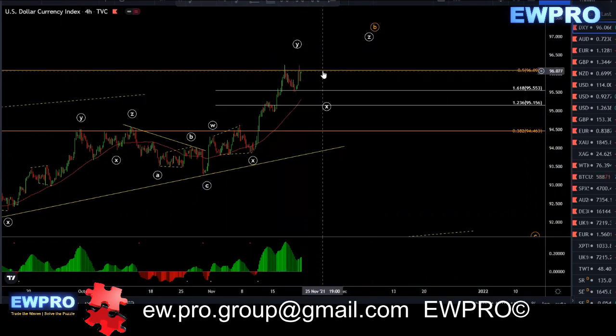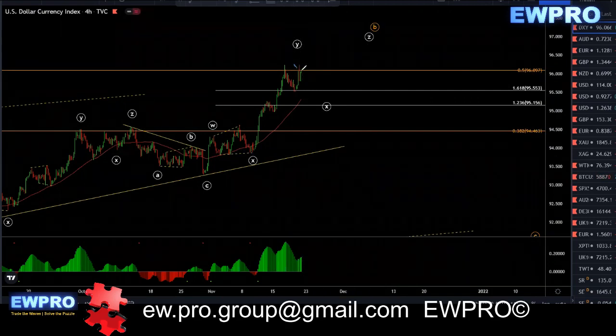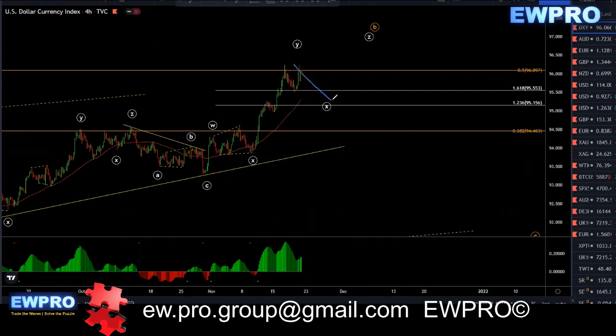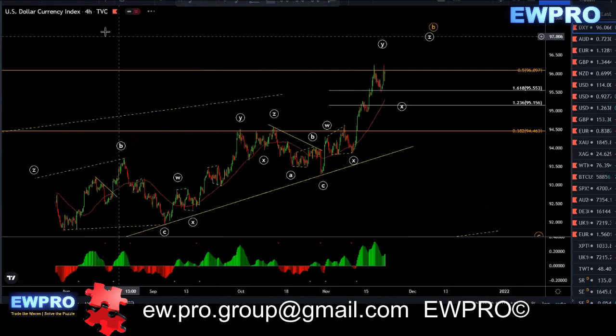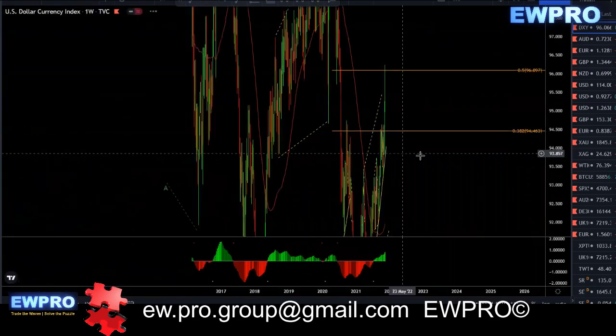We're getting a little bit of resistance around this 50 fib on the daily. Ideally, to buy this now, you really need to wait for that X2 and then you can look for that Z up, or else it gets too risky. You're at a top. So if I just quickly go to the weekly,